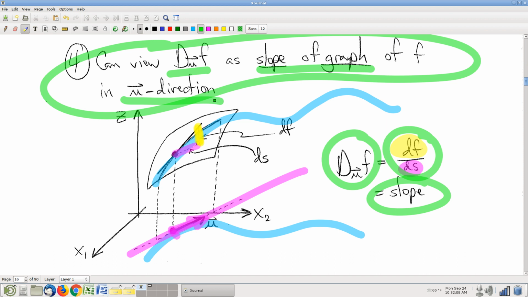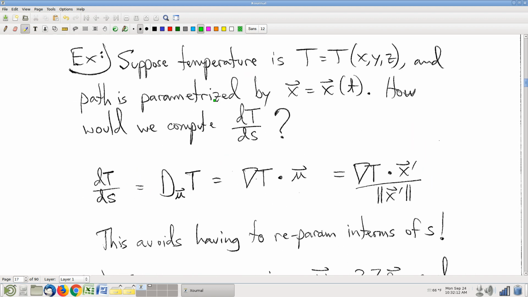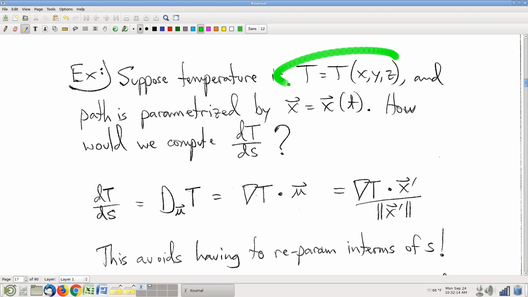Okay. All right, so let's see an example. Suppose temperature is given as a function of position. This isn't implausible, right? Maybe in this room, it's a little colder over there, maybe by where the air conditioning comes out, maybe a little warmer by the window. So there's a variation of temperature in this room. And suppose I've got a little gnat, and he's right here, and he wants to know, from this location, what is the rate of change of temperature with respect to distance